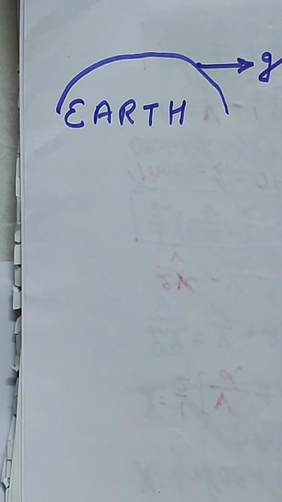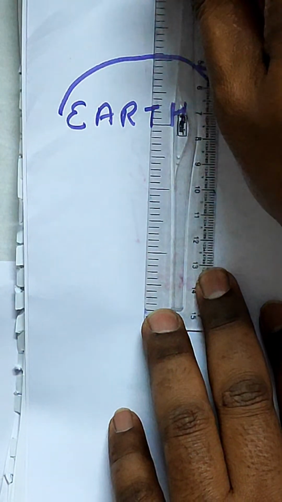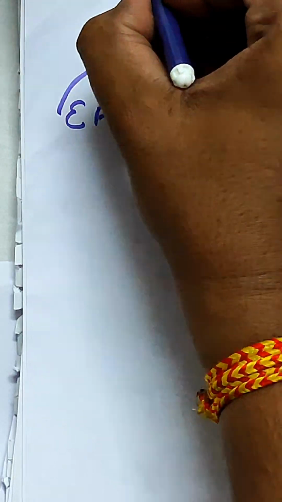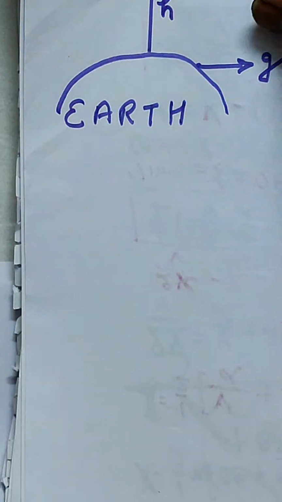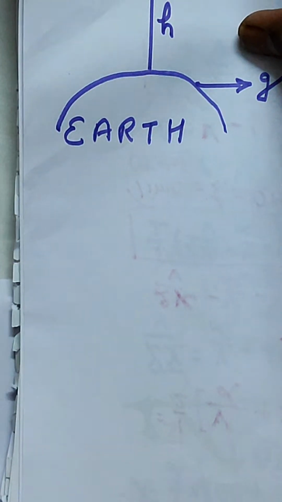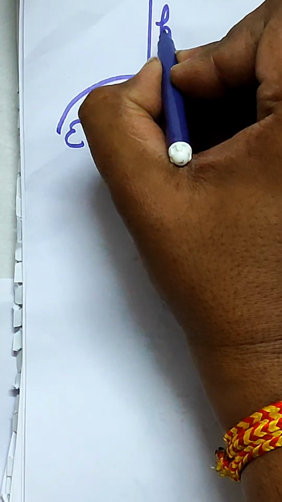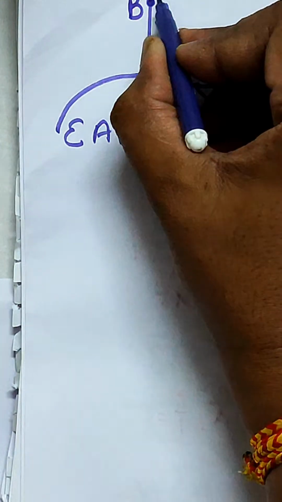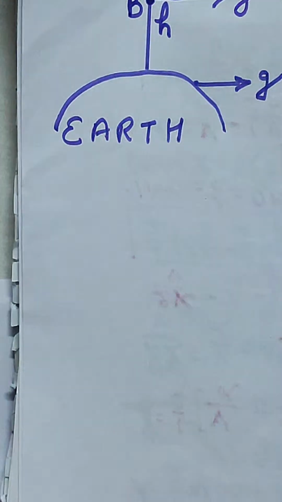Now you will be proving that, let's say, at a certain height h, at this point b, a certain height h at point b, what is the acceleration due to gravity? Let's say it is g dot, right? Now